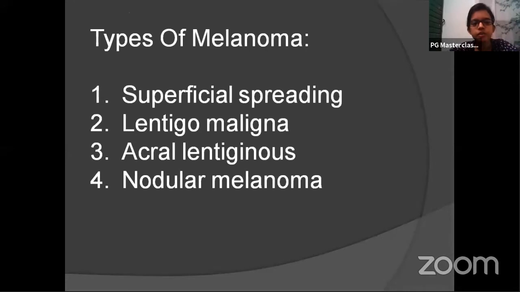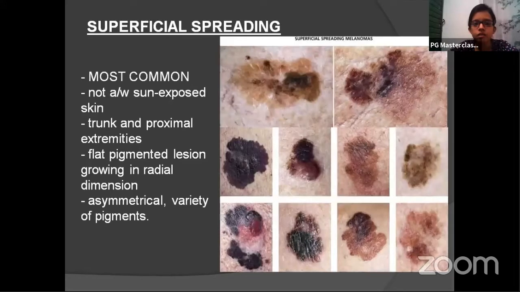Based on physical examination, there are 4 types of melanoma. Before this, I would like to tell the progression of a melanotic lesion. There are 2 stages of proliferation. First is the superficial stage, and then is the vertical phase. So, depending on that, in the superficial spreading type, the proliferation of the cells is mainly in the superficial layer,